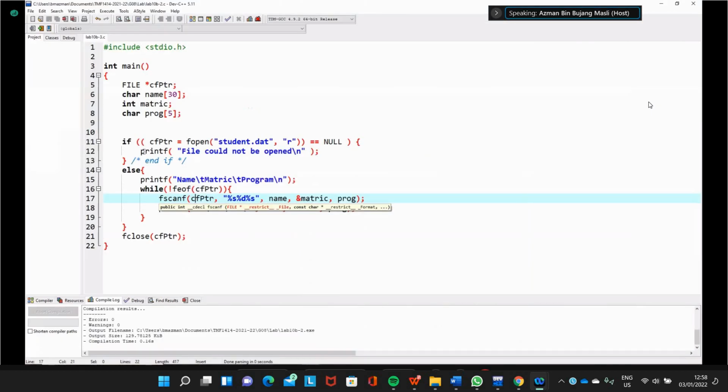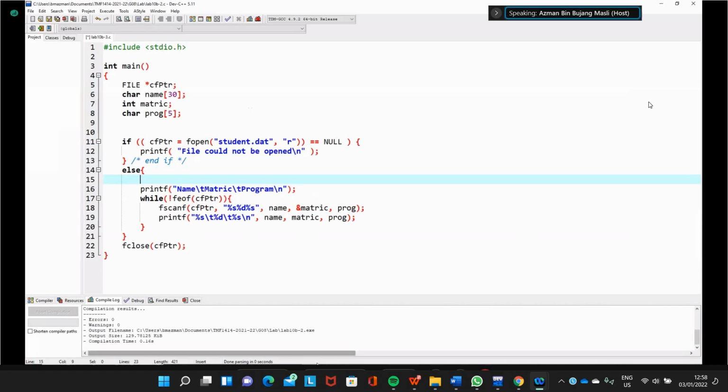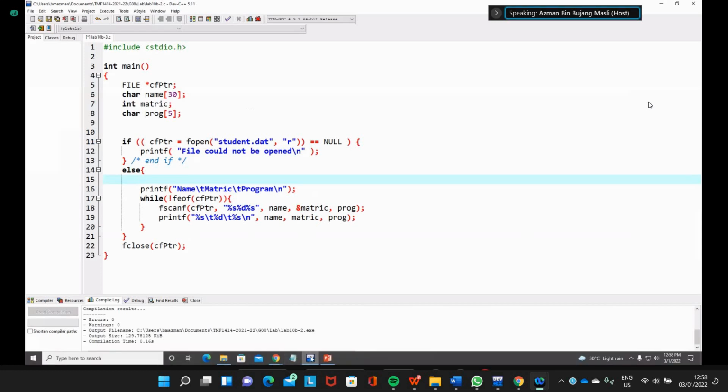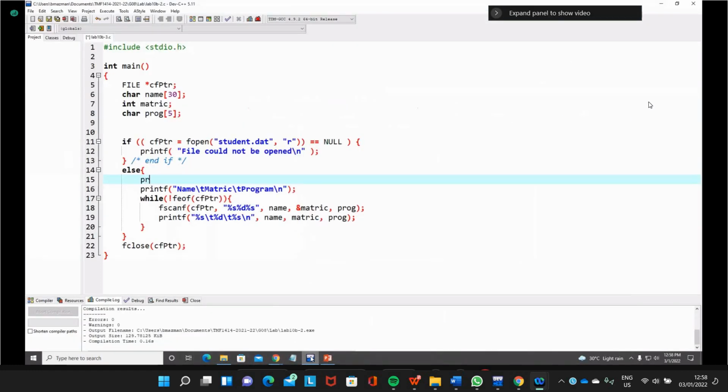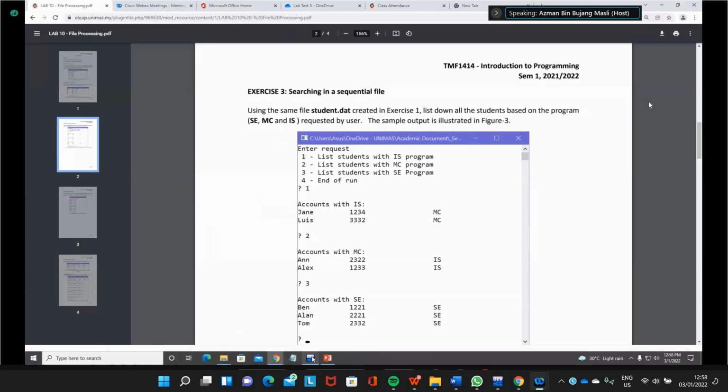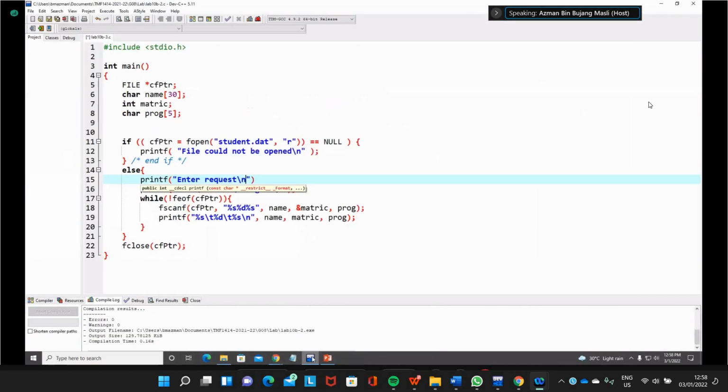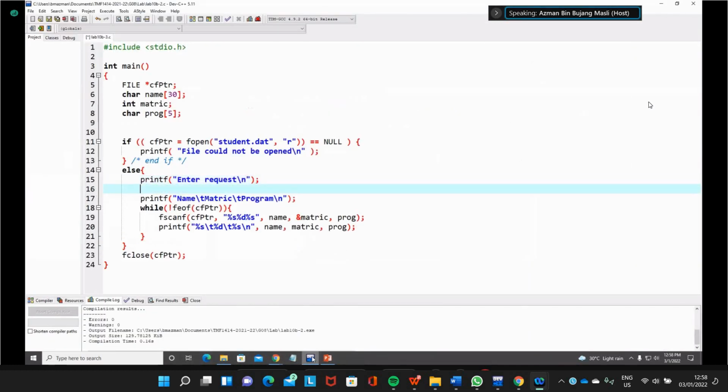We open the file, and then here we ask the user to enter the request. Then printf, "Enter request", and then a new line. And then we printf the menu here.